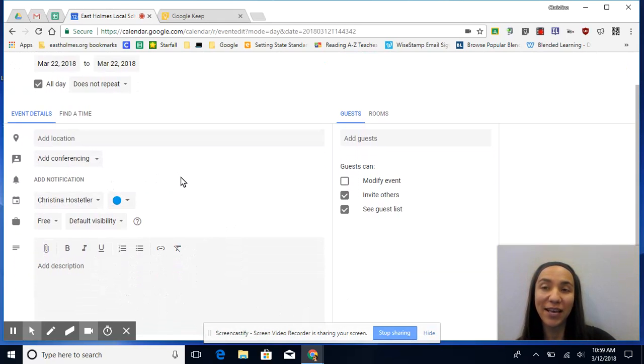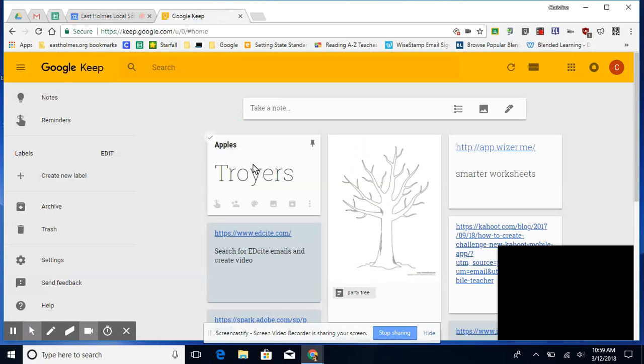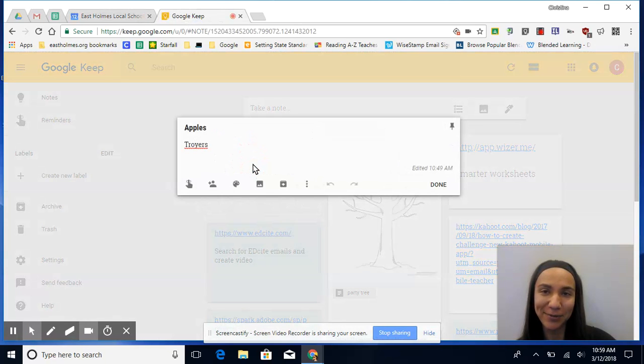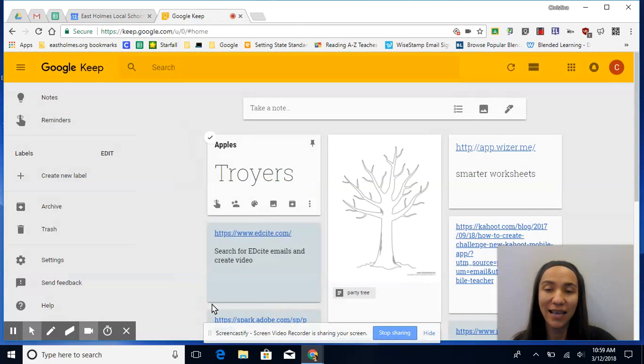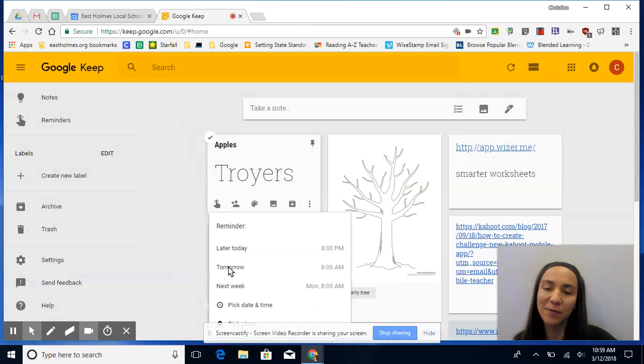Okay, so those location notifications that we talked about. Maybe you remember me talking about how I needed to go to Troyer's to pick up some apples and I kept forgetting. Well, that location notification is in Google Keep. If I take a note in Google Keep, I have this finger here with the string tied around as those reminders. And when I click on that reminder at the bottom of that box, it says pick place. If I pick a place,